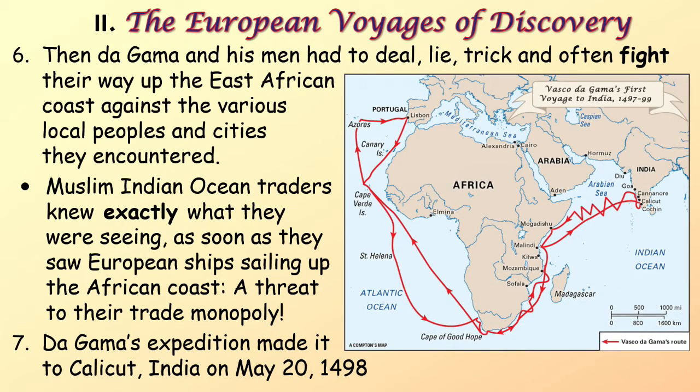Well, then da Gama and his men had to deal, lie, trick, and often fight their way up the East African coast against the various local peoples and large cities there on that coast that they encountered. Muslim Indian Ocean traders knew exactly what they were seeing as soon as they saw European ships sailing up the African coast. They knew that they were seeing a threat to their trade monopoly. And da Gama's expedition made it to Calicut, India on May the 20th,